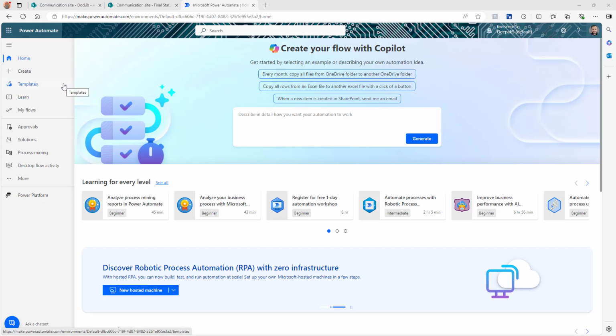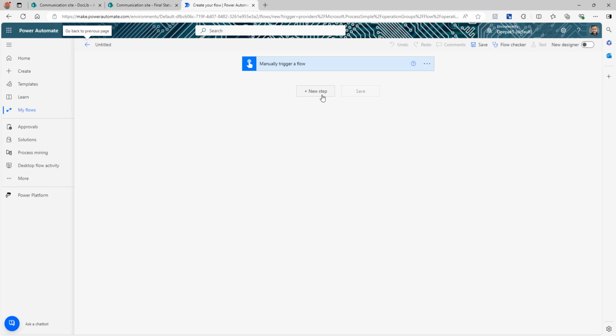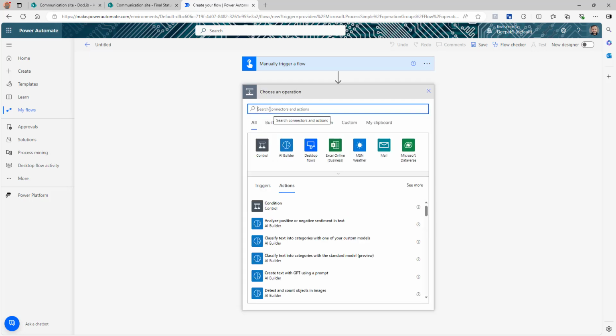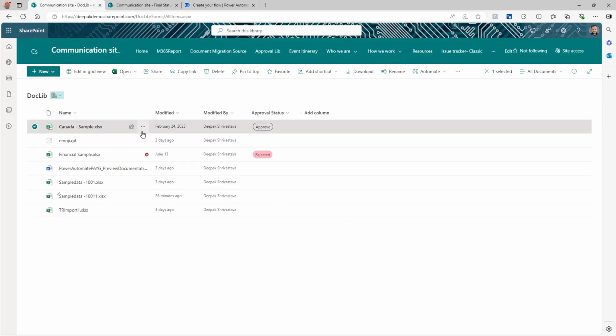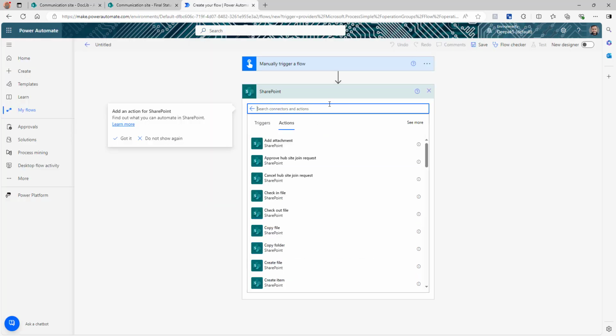Okay, so I logged into my Power Automate. I'm going to click create. I'm going to start creating an instant cloud flow. You can create an automated or scheduled flow as per your need. The very first step that I'm going to take is a new step, and I'm going to get all the files from this library, because I want to copy all these files to this library. So I will select SharePoint, get items,